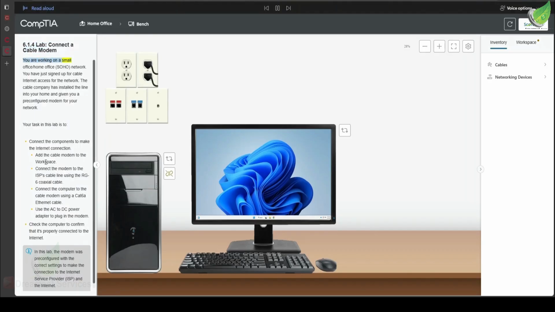You are working on a small office home network. You just signed up for cable internet access for the network. The cable company has installed the line into the home and given you a pre-configured modem for your network. So your task in this lab is to connect the components to make sure the internet connection